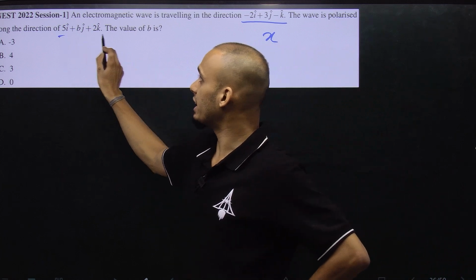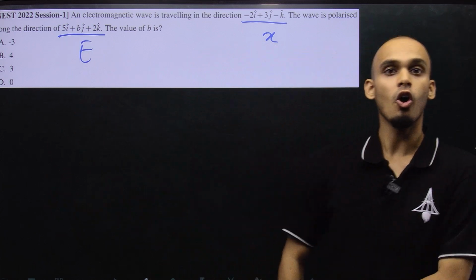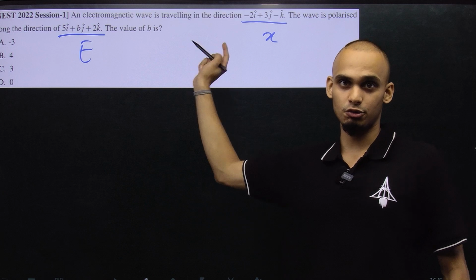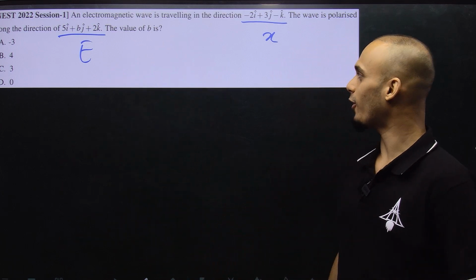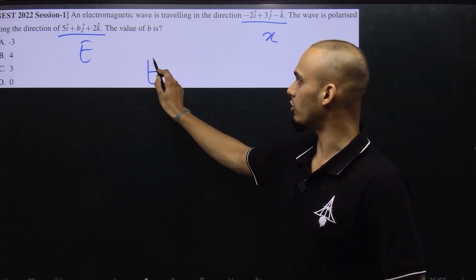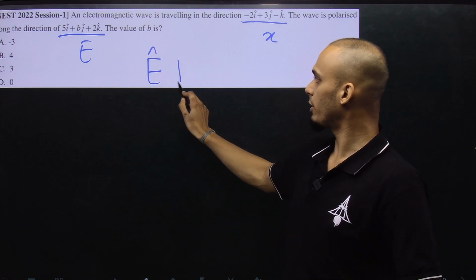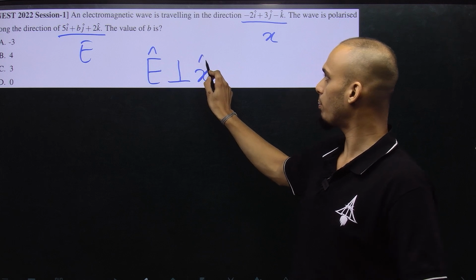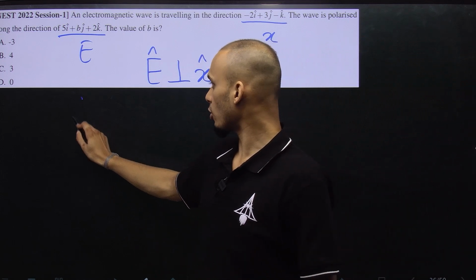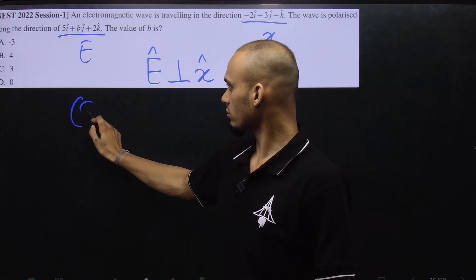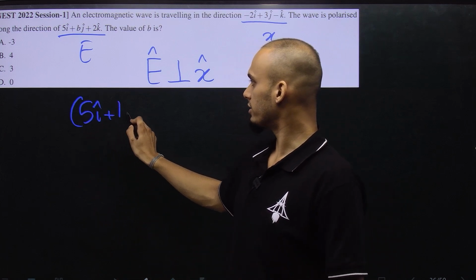Next question, we have an electromagnetic wave traveling in this direction, let's say direction of travel X, and it is oscillating in this direction is E. All you need to know, don't get confused with the question, three-dimensional vectors, no worries at all. All you have to keep in mind is the direction of polarization should be perpendicular to direction of propagation, E perpendicular to X. If you just take the dot product of both of them, 5 i cap plus b j